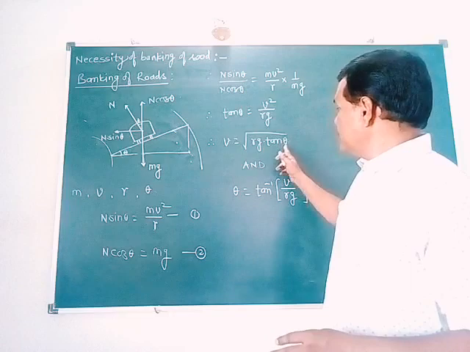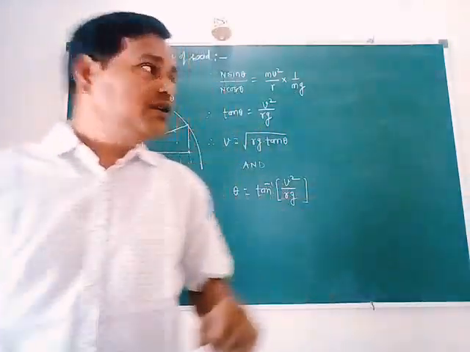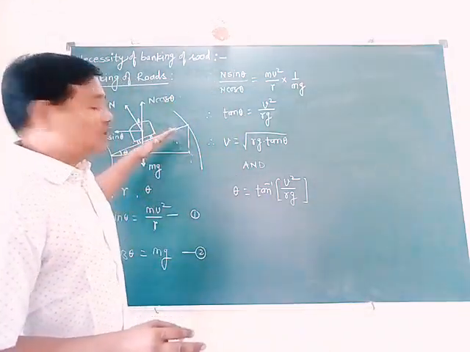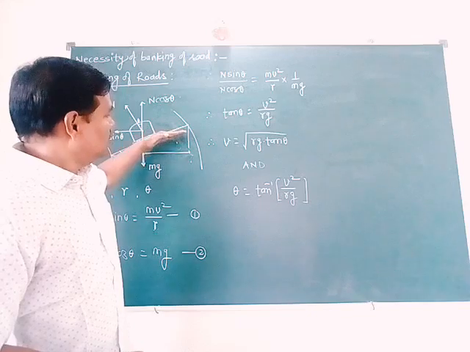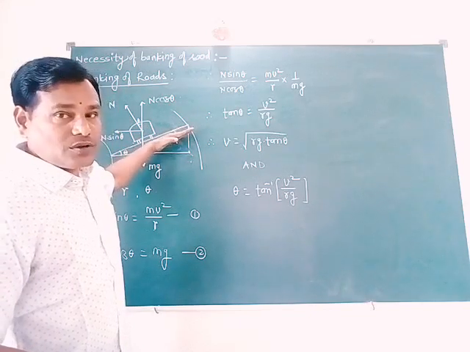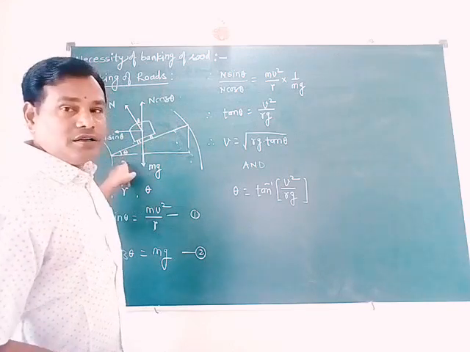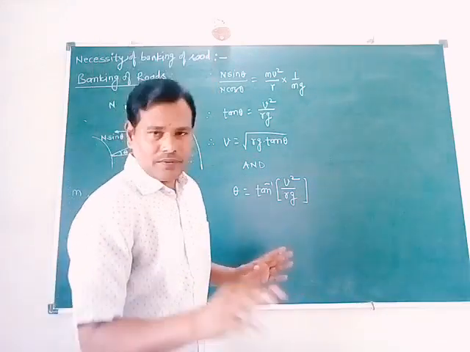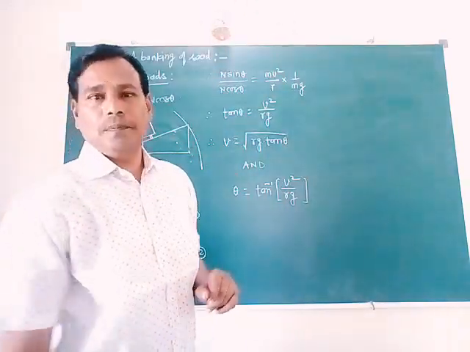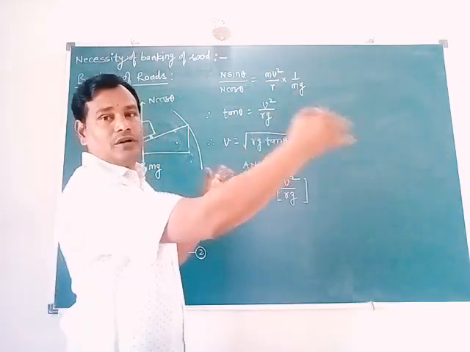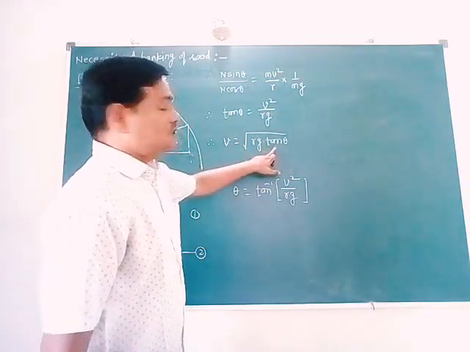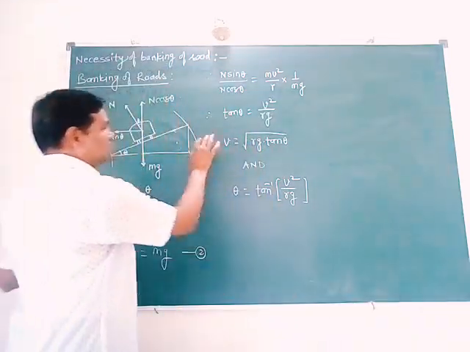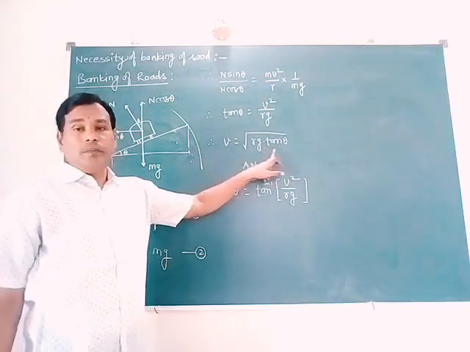We know that tan of 90 is infinity. So we cannot arrange this road such that the outer edge of the surface is raised through 90 degrees. It will be like a wall. We cannot drive a simple vehicle on the surface of a wall. So it is possible only in a well of death. So this is the maximum speed of the vehicle, beyond which we cannot increase the speed. This is the maximum speed of vehicle on banked road.